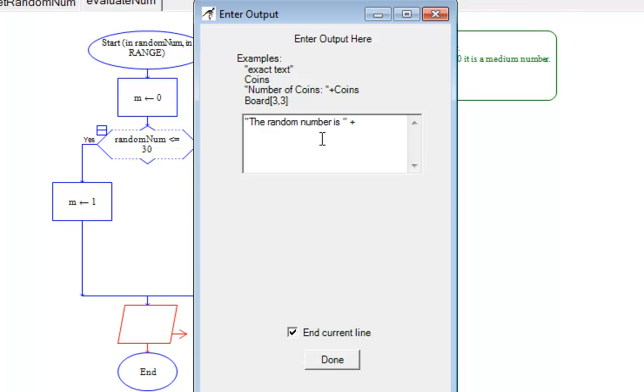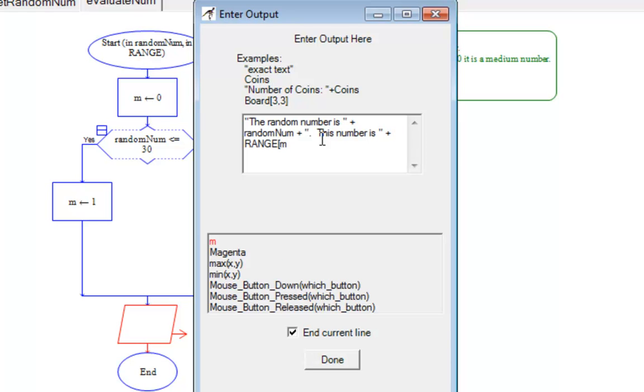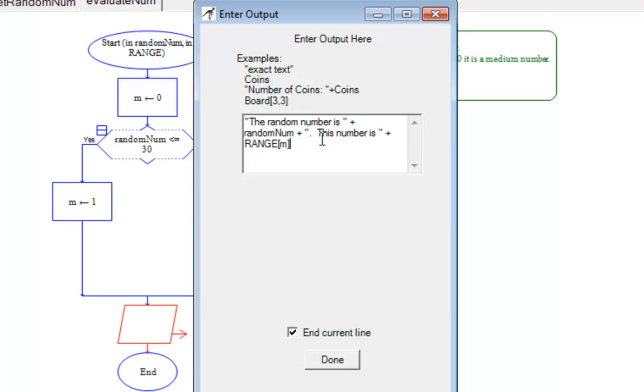And remember, plus is our concatenation symbol, so I'm going to add to that the random number. So the random number is, and add to that, I want a period because that would end my sentence. And then I'm going to say this number is, okay, and then add on to that from range using my index, which is m, and add on to that